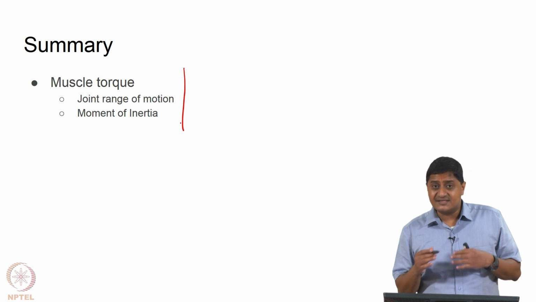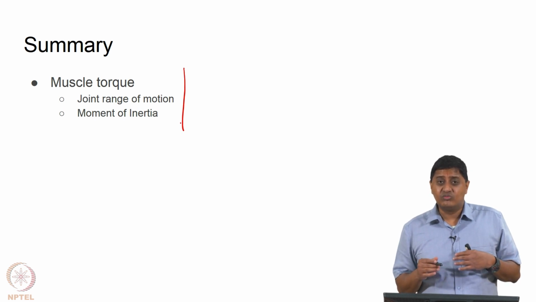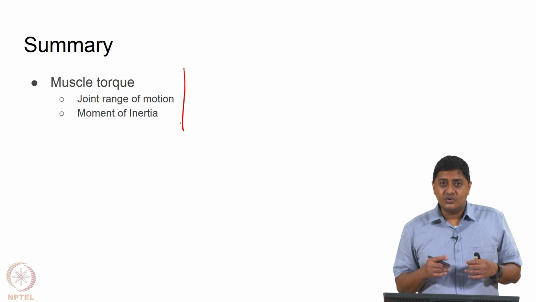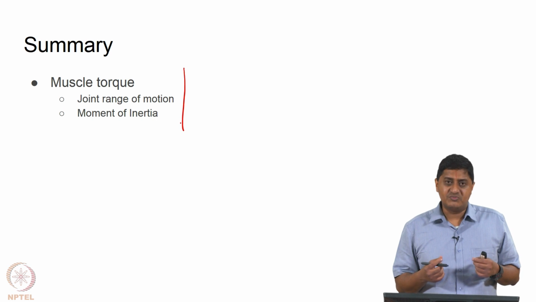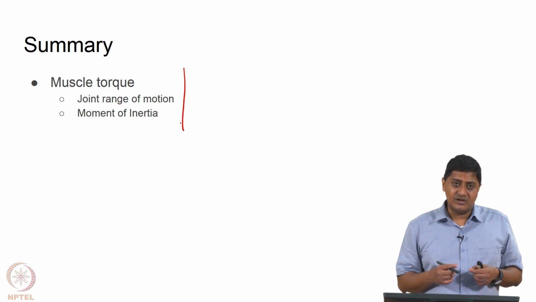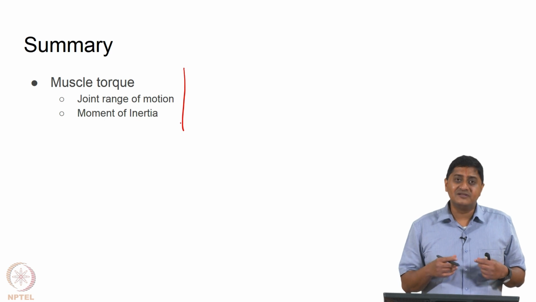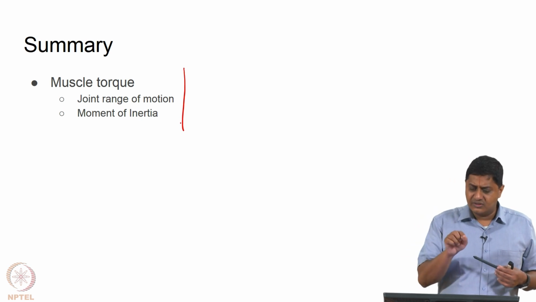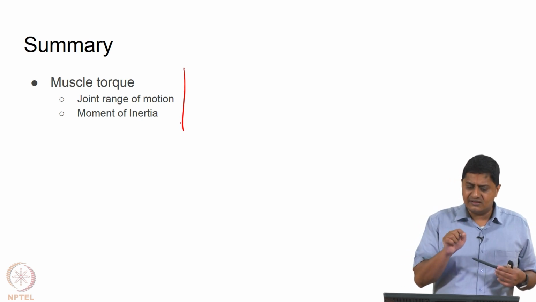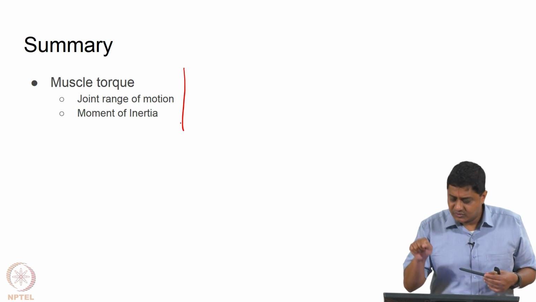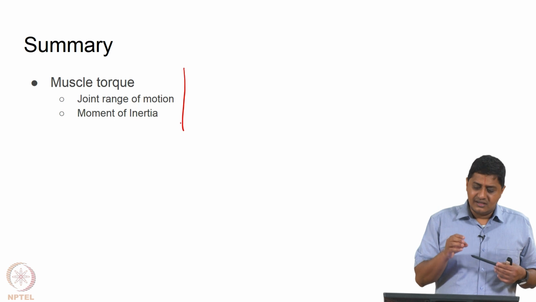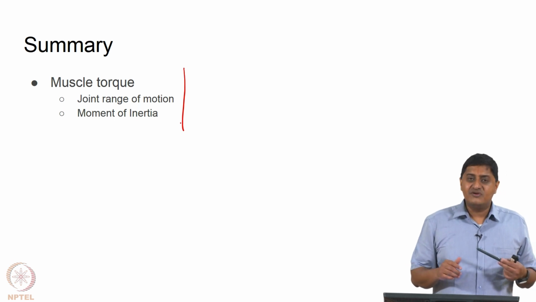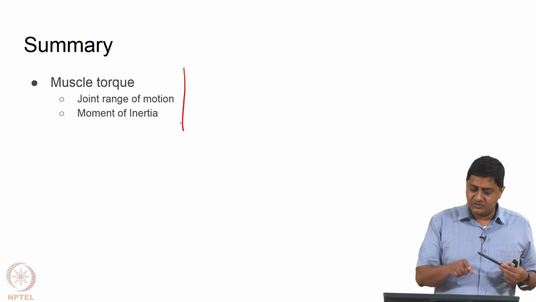If you are highly skilled, you will produce a smooth movement with minimal energy expenditure, whereas if you are a beginner, the same movement will require a larger amount of energy, because many more muscles than required will be activated to a higher level than required. This is something that you can see. Say you want to learn typing on a keyboard, right. Initially you will be pressing 1, 2, 3 as discrete, disconnected movements, right.